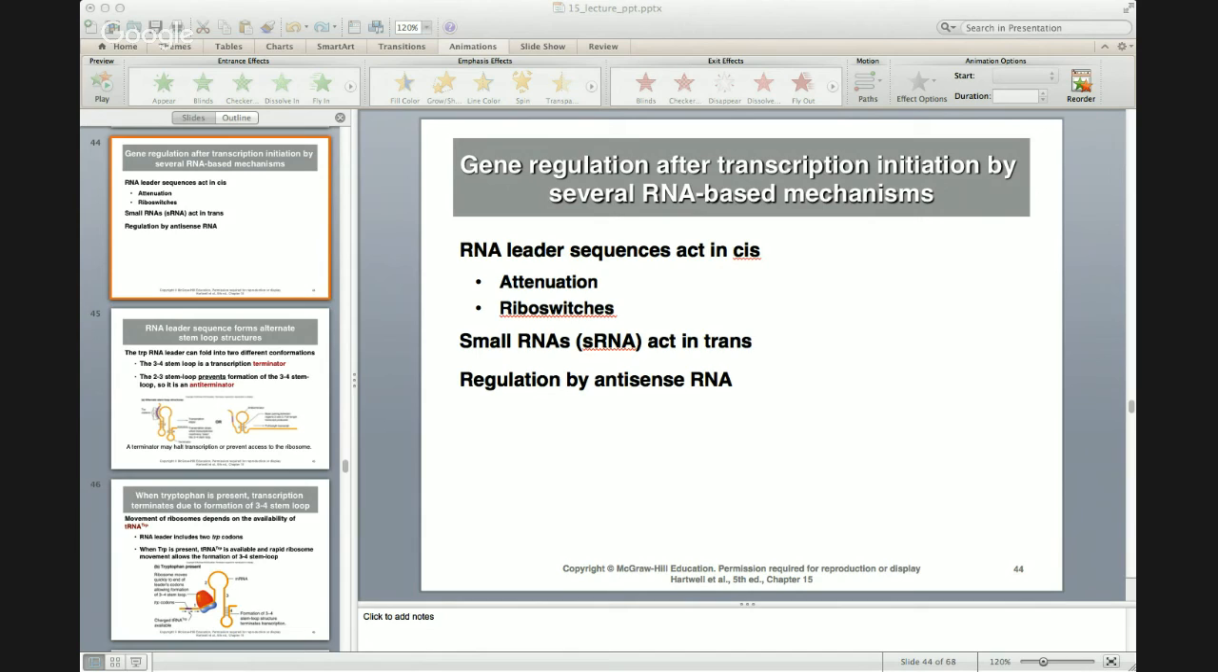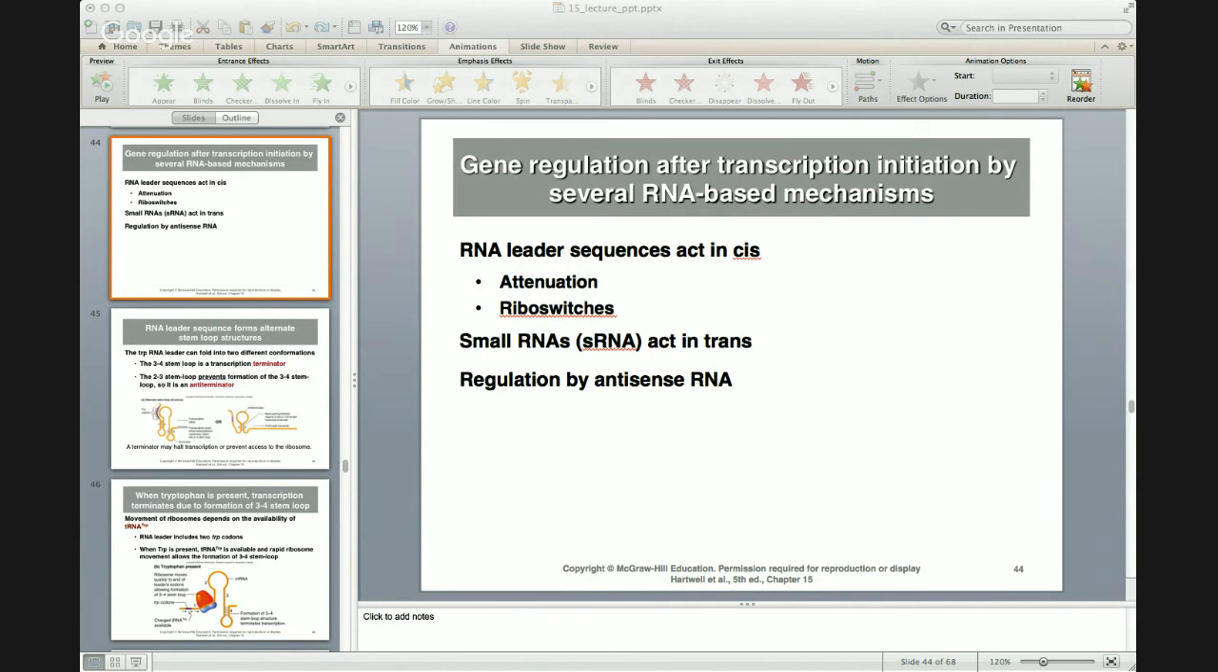And finally, another type of RNA regulation is antisense RNA. It's very similar to small RNAs. The difference is that these antisense RNAs are actually made from the opposite DNA strand of the messenger RNA. So we know that DNA is double-stranded, and the DNA in E. coli is also double-stranded. The strand that actually makes the messenger RNA is called the sense strand. The opposite strand of the sense strand is called the antisense strand. And that antisense strand, if it's transcribed, could bind to the messenger RNA, forming a double-strand structure, and that could inhibit